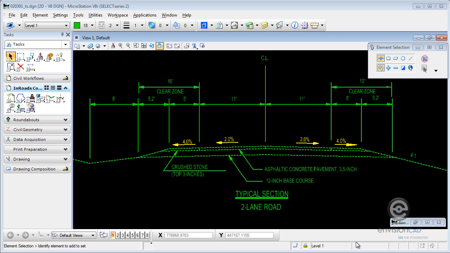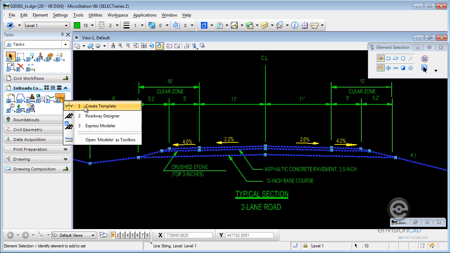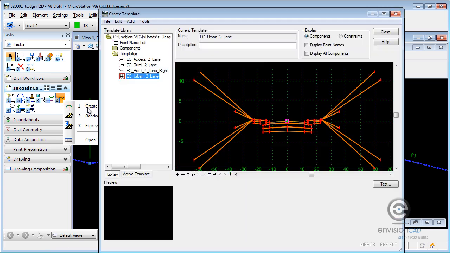Let's take a quick look at creating an InRoads template by importing from graphics. The workflow is I am going to select all the components with my element selection tool that I want to use to create that template. So I'm just going through and grabbing the elements in this typical section drawing, and I'm going to activate my InRoads commands out of the taskbar menu here. So I'm going to go into create template,